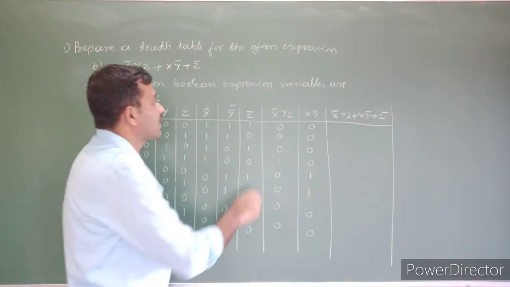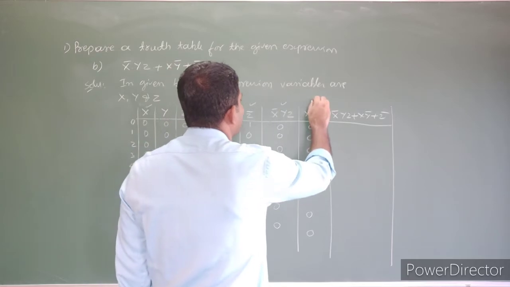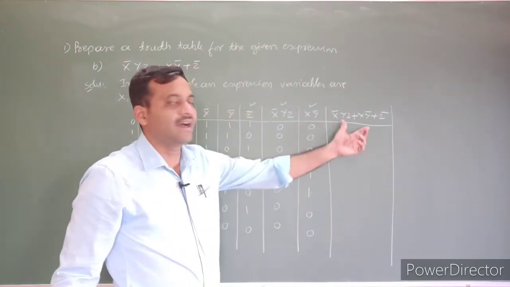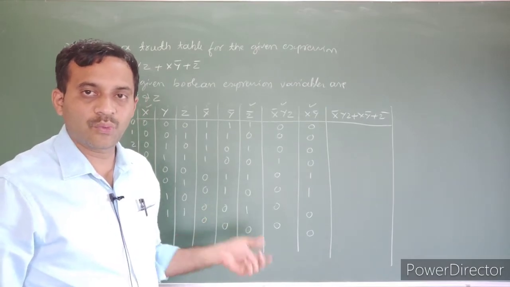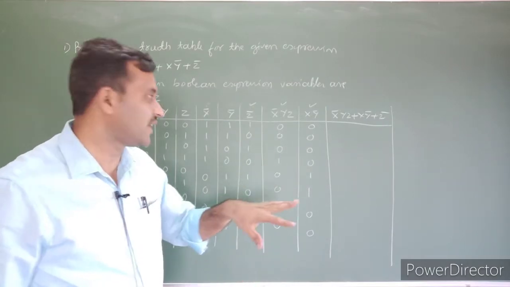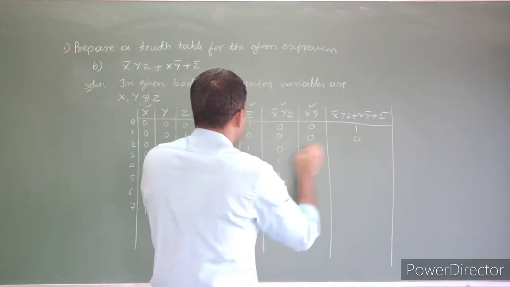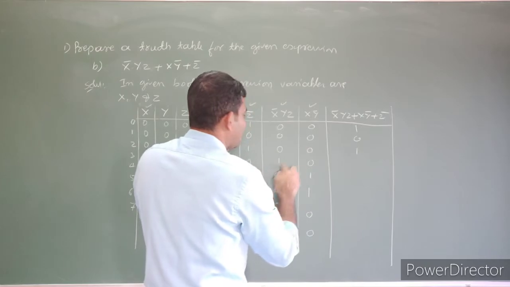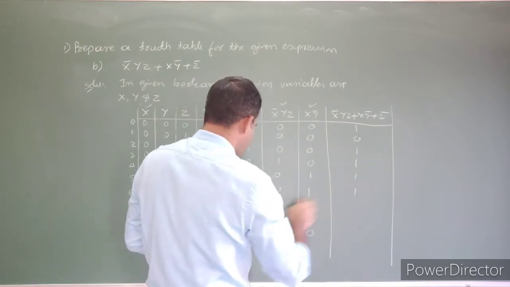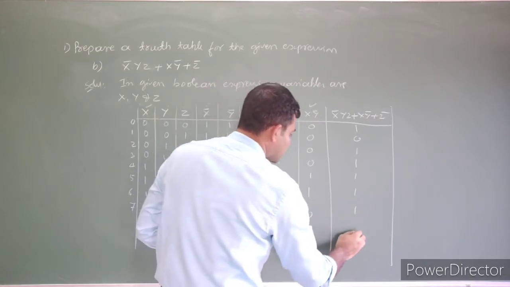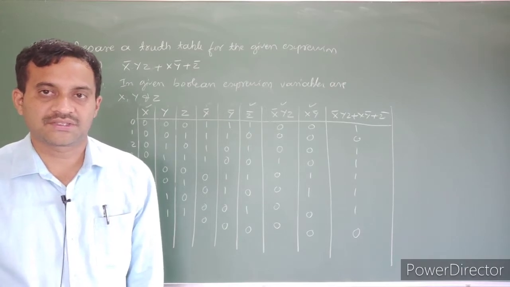Then finally observe the columns z bar, x bar, y, x bar over logical addition. Then over logical addition, if any one of the values is 1, combination value is 1, output is 1. So here first one returns 1, here all are 0, so 0, 1, 1. So here second one is 1, then there are 2 ones, again 1, 1, then last one returns 0. It is a truth table for 3 variables.